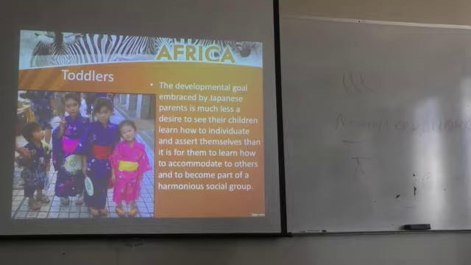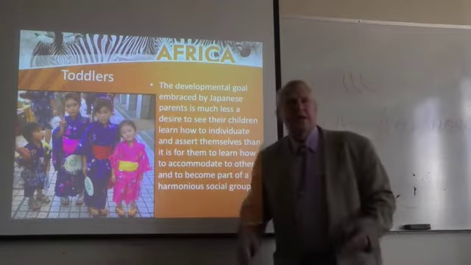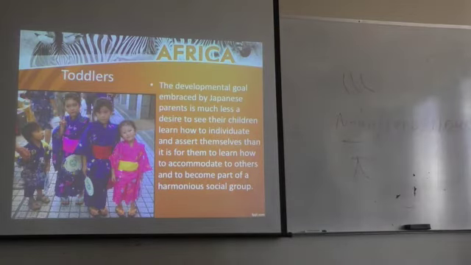The Japanese, we would see it as the child trying to individuate. We need that child to leave home. When they graduate from high school, it's time to move out of the house and go someplace else. That's the way we do things, or that's the way we think we do things in the United States. But the Japanese don't see it that way. They see it as teaching the child to be harmonious, teaching the child to get along with everybody else in society. That's more important than anything else.